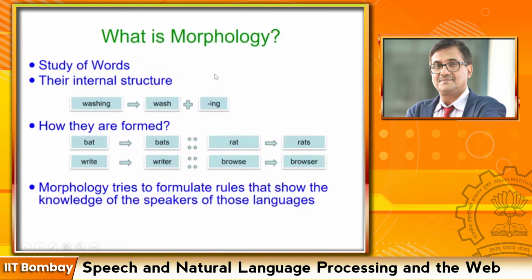Okay, so morphology, very simply put, is the study of words, and you break the word. That's all. You break the word systematically. So washing is wash plus ing, and ing is very productive. Productive means the same process repeats for many entities. That's called productivity. So washing is wash plus ing, walking is walk plus ing, going is go plus ing. So this is a very productive process, and morphological processes are normally quite productive. The same uniform process applies on a large number of words, and this happens across languages.